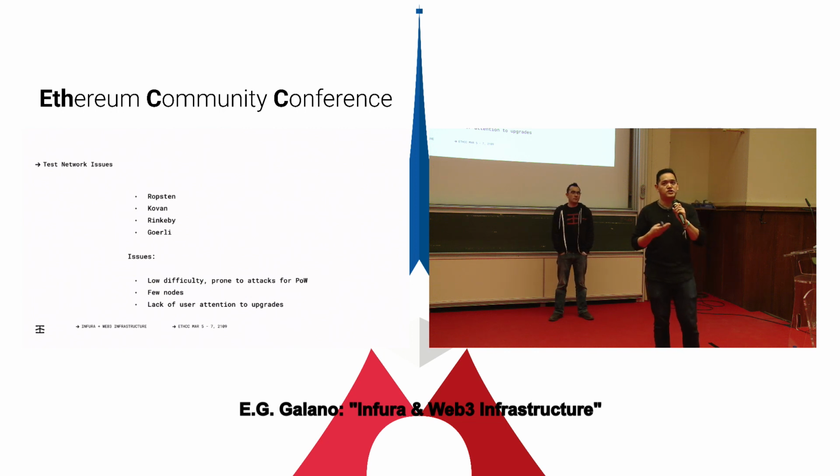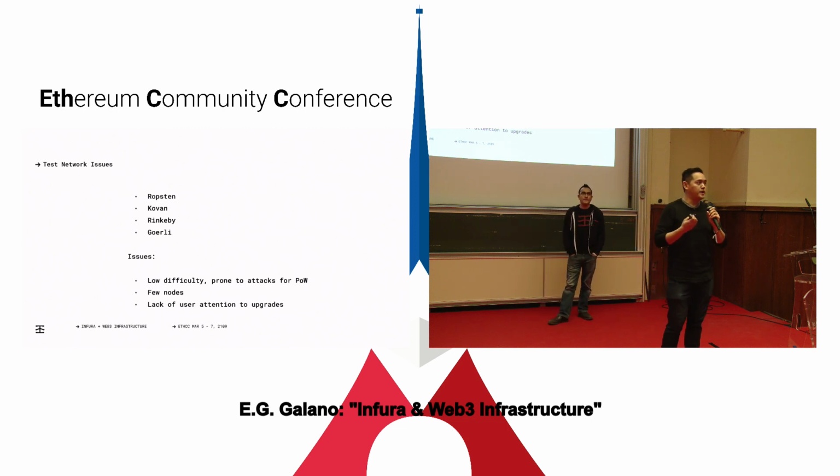But then we ran into an issue again with the preparations for the Constantinople fork because nobody was actually paying attention to keeping their clients up to date, because maybe they had migrated their test applications to Rinkeby or some other testnet, or they were just leaving this thing running, they forgot about it, and it was still mining with an old version of the client. And so what happened is after the Constantinople fork, we were left in a position where we were constantly getting chain reorgs, and as Infura, running a shared endpoint to give access to this network, people are reporting issues saying, my transaction's not showing up, my transaction's not getting mined, I'm getting inconsistent information.